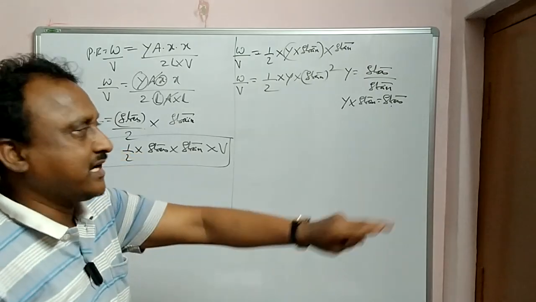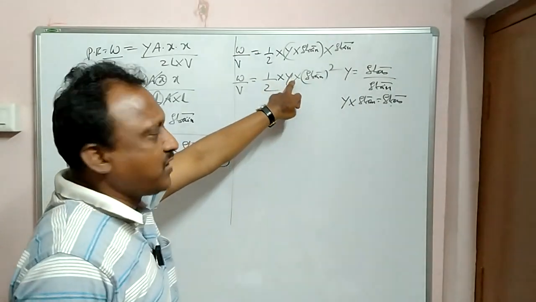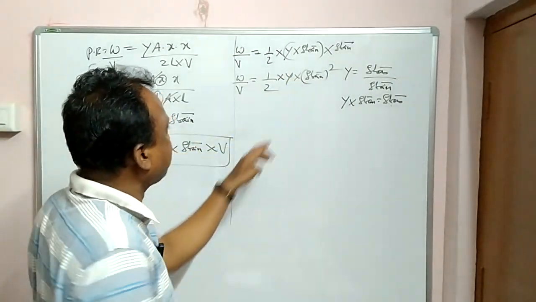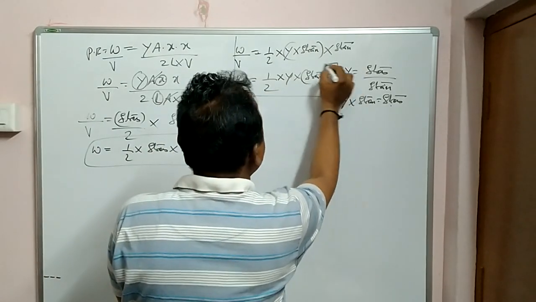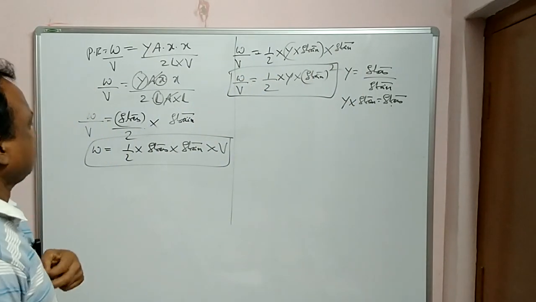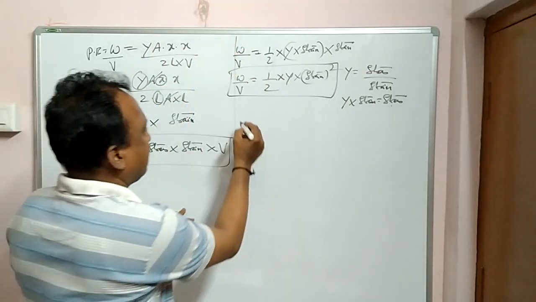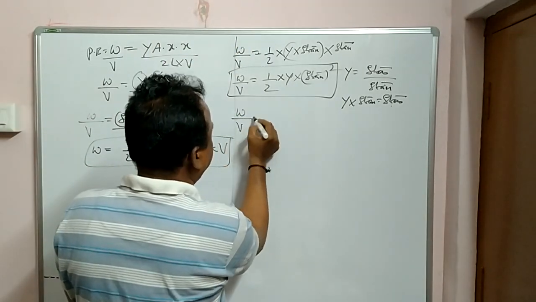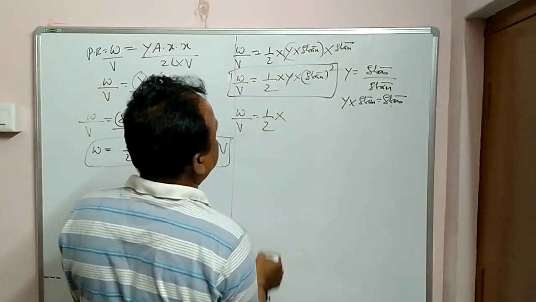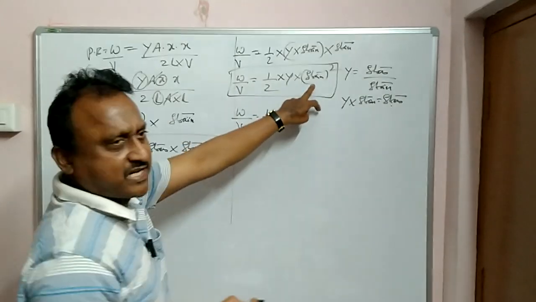If in the examination strain is given and Young's modulus is given, then you can apply this formula for work done per unit volume. Clear? This is one way. You can also explain another way. Again, see. Work done per unit volume is equal to half into, now I expressed it in strain, now I will